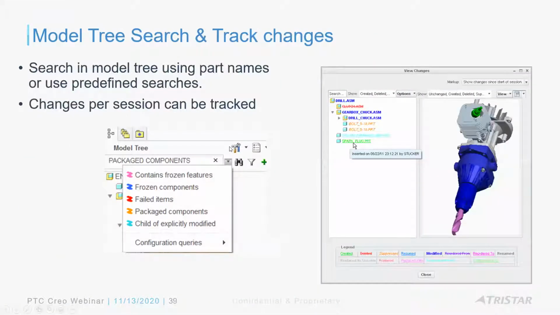And many times as you work in assembly, you're thinking, what are the different changes I've done in the last session? This is something from the day-to-day usage of a Creo user. I've been there, where you're working on the assembly and you suppressed a few objects, you reordered, you restructured, you deleted, you created or assembled some components, and I'd like to have a color-coded view of what changes I did. So I don't know if you've tried that. You just right-click on your assembly and then go to view changes. Right-click and view changes, and it will come up with this little